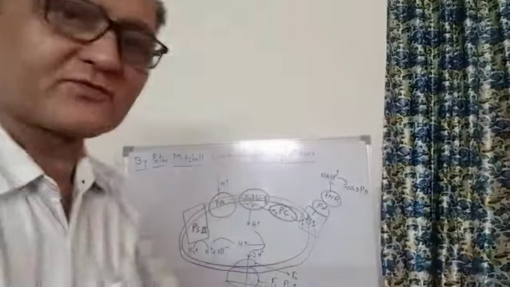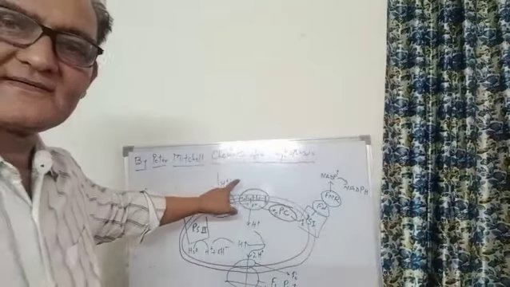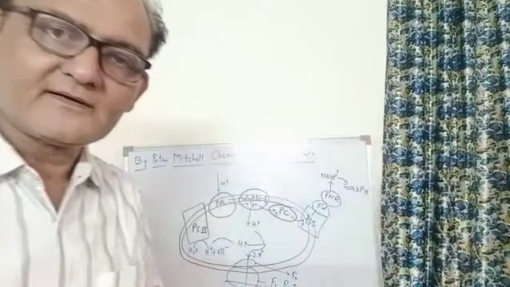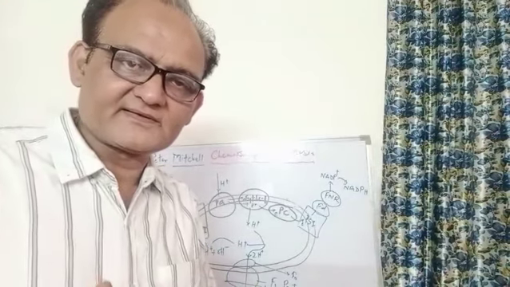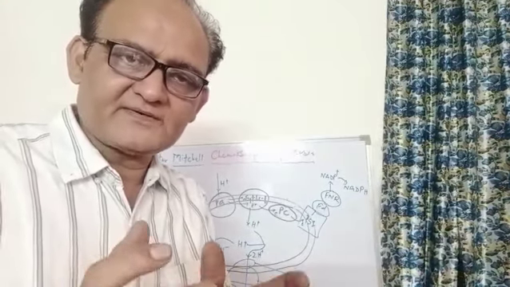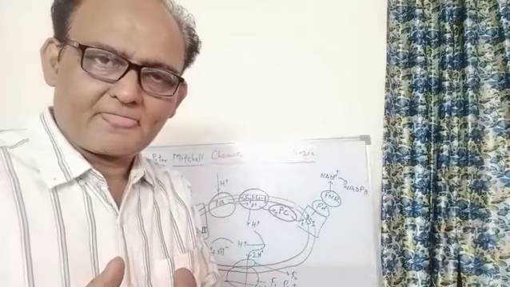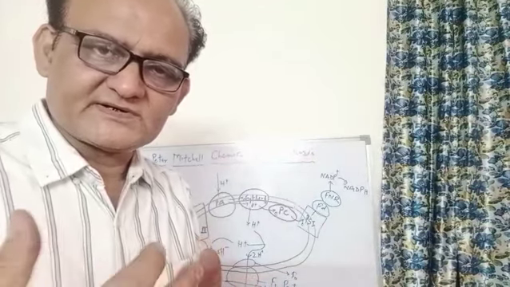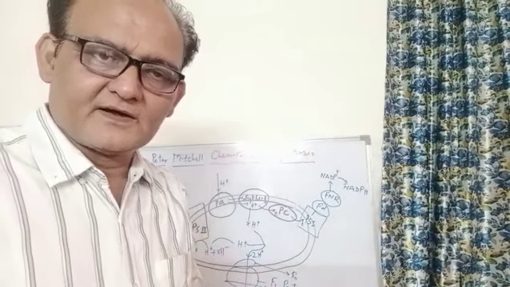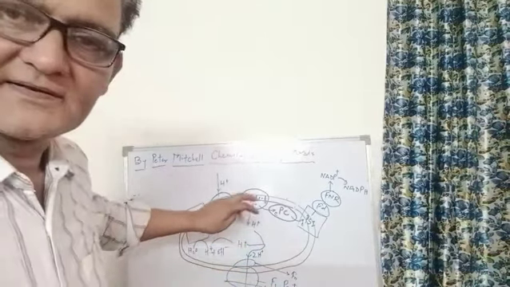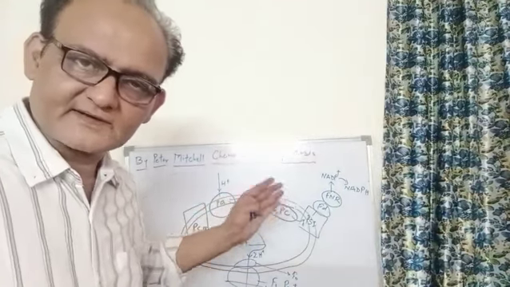So basically, this chemiosmotic hypothesis is meant to explain how ATP synthesis takes place. ATP is actually adenosine triphosphate, which is the energy currency, and this ATP is used in the dark reaction. Now, I will explain how ATP synthesis takes place